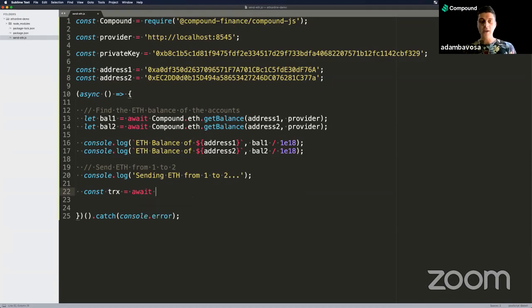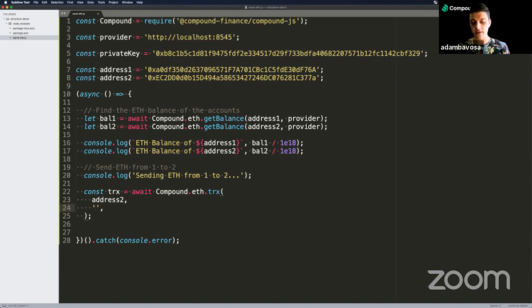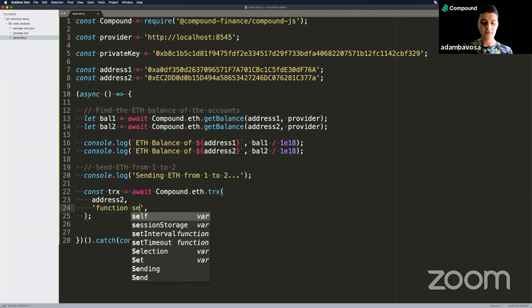We'll do await compound.eth.trx. Under the hood, this does JSON RPC send transaction. And we're going to send ETH from address 1 to address 2. So that's our address that we're sending the transaction to. And we're going to do an inline ABI of a string. So I'm going to say function send